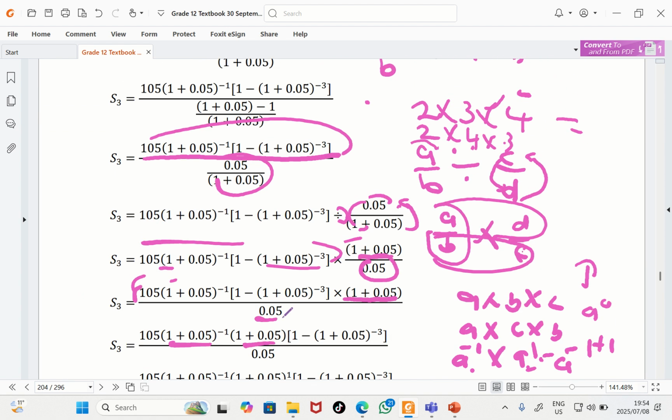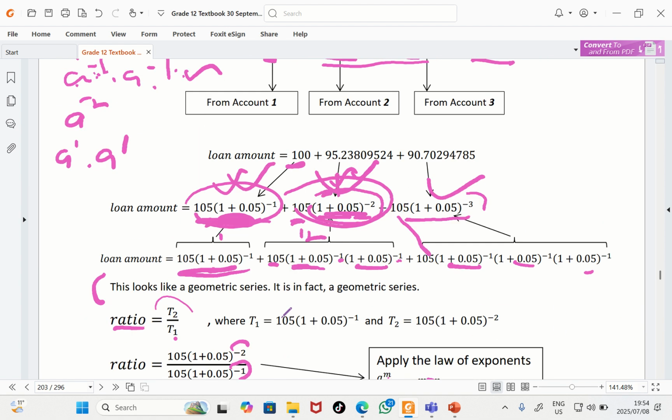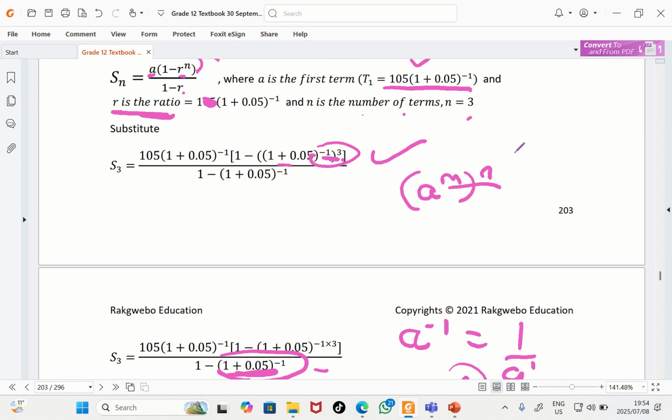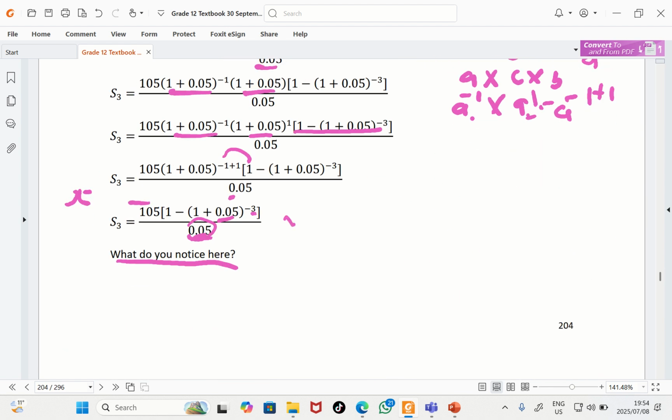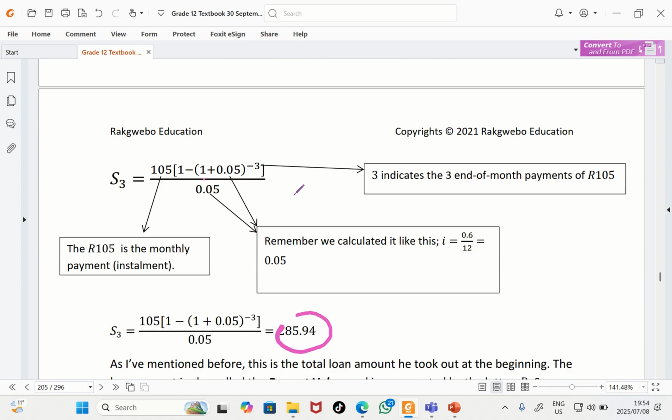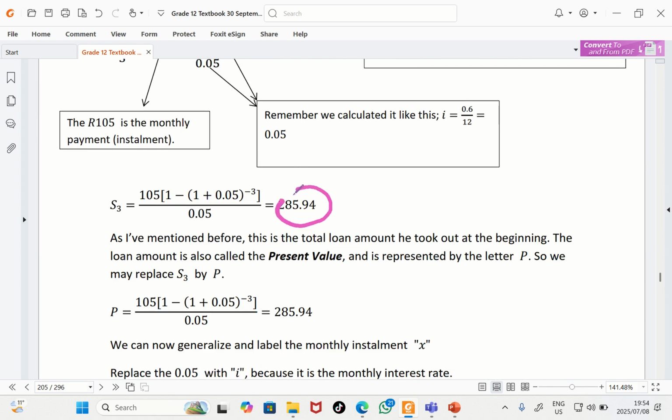And when we edit them manually, we got that same answer. So now when you use the shortcut as well, you get the same answer. When you look at it closely, you realize that